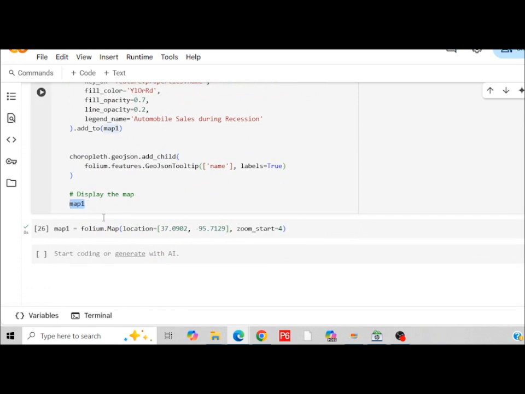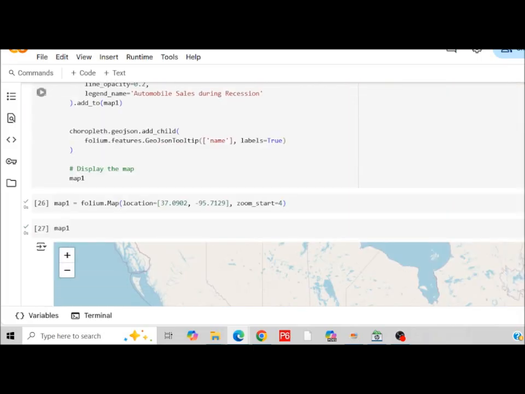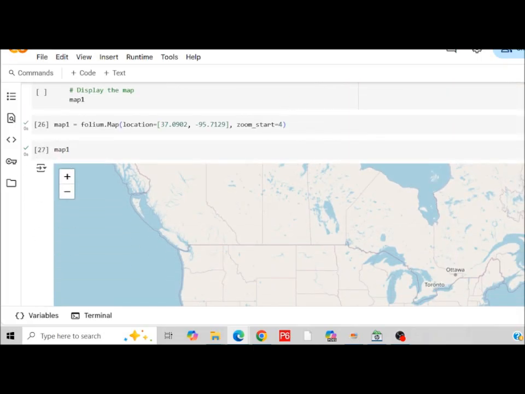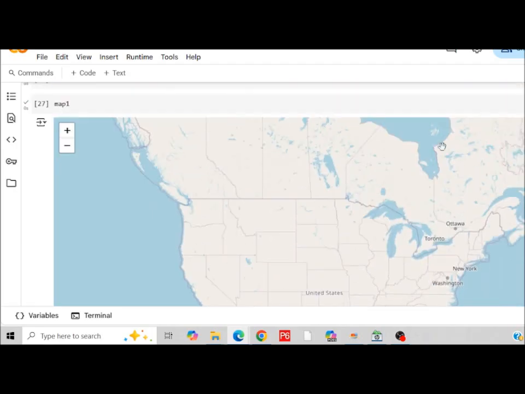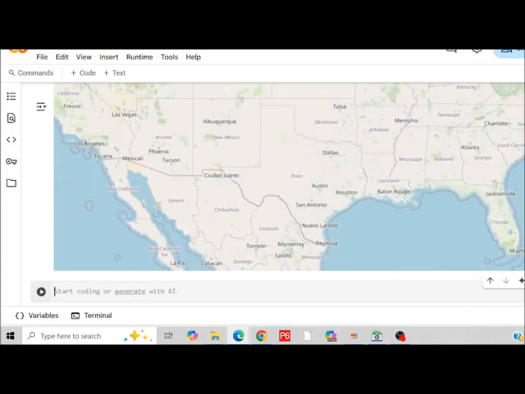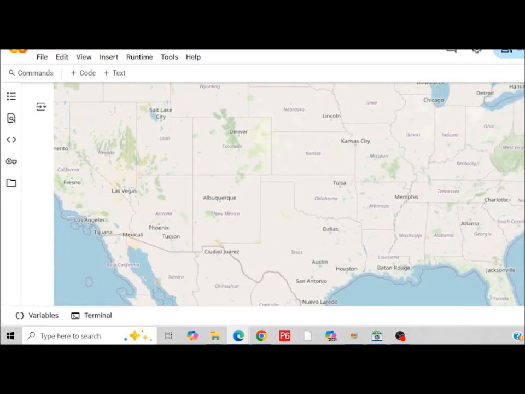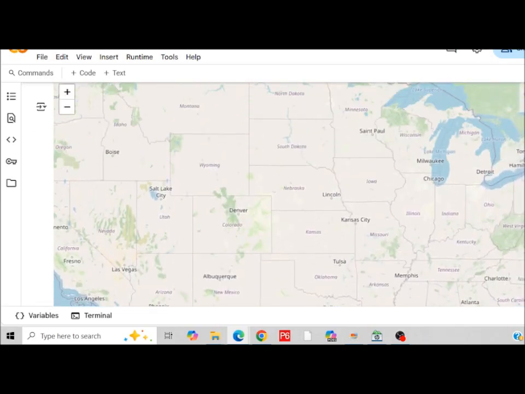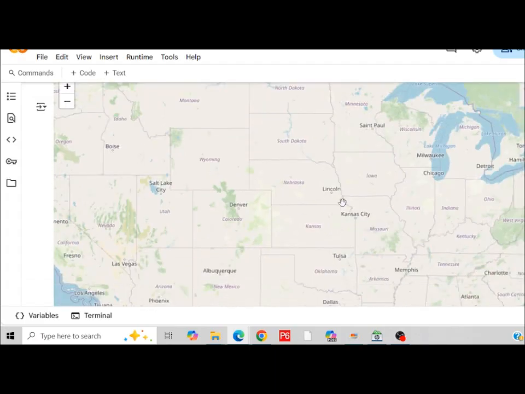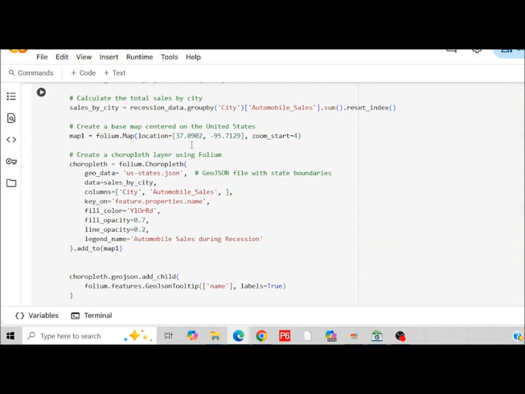Okay, so if we use this, okay, so this is the map of the United States. So we zoom it with 4. We can zoom it more. Let's say we need it for 5. Okay, so we will do it for 5. It will zoom more. Can see the map of the United States. Okay, so now after we